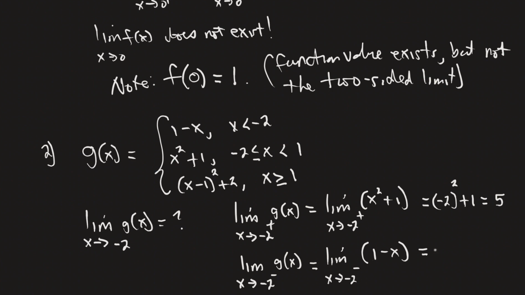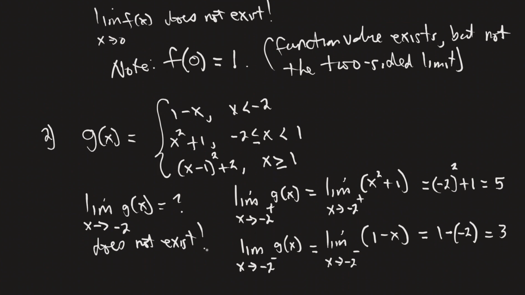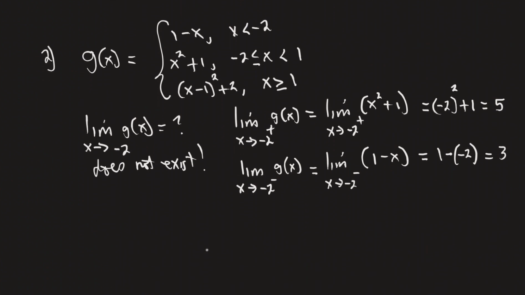We plug it in, and we end up with 1 minus -2, and that's 3. So the one-sided limits are different. So this two-sided limit does not exist. All right. Let's do the other one really of interest, and that's what happens as x gets close to